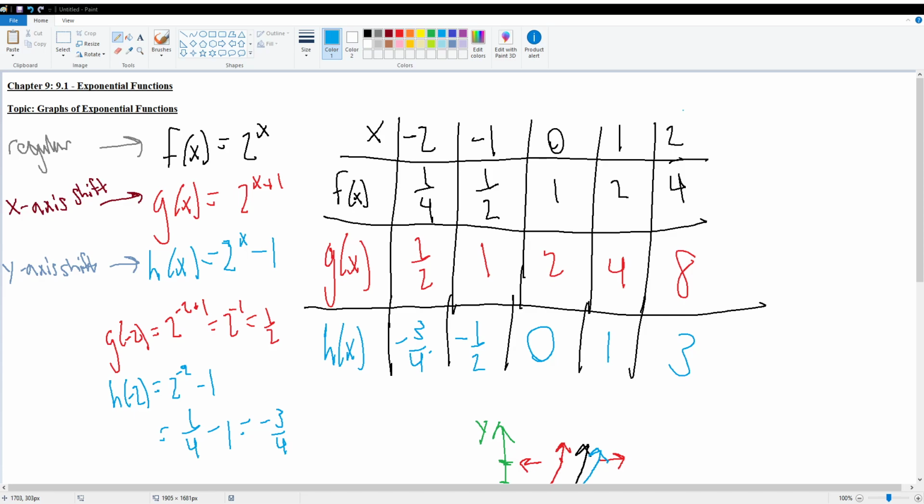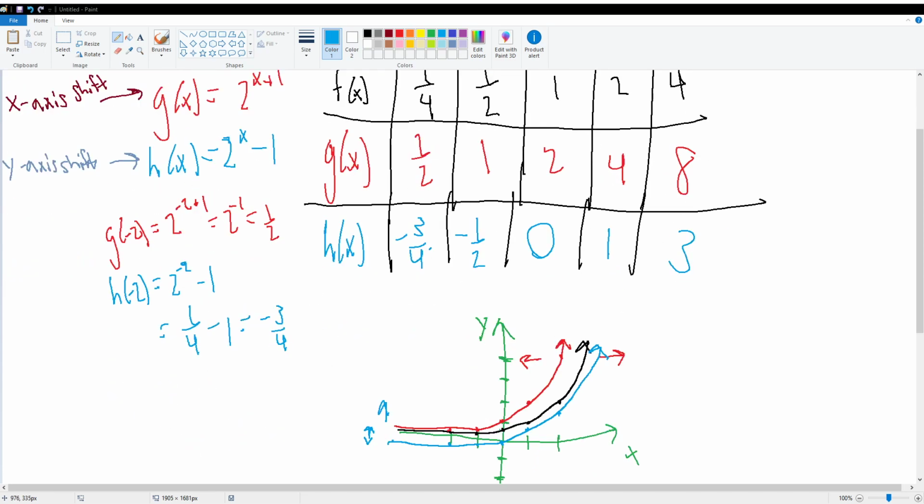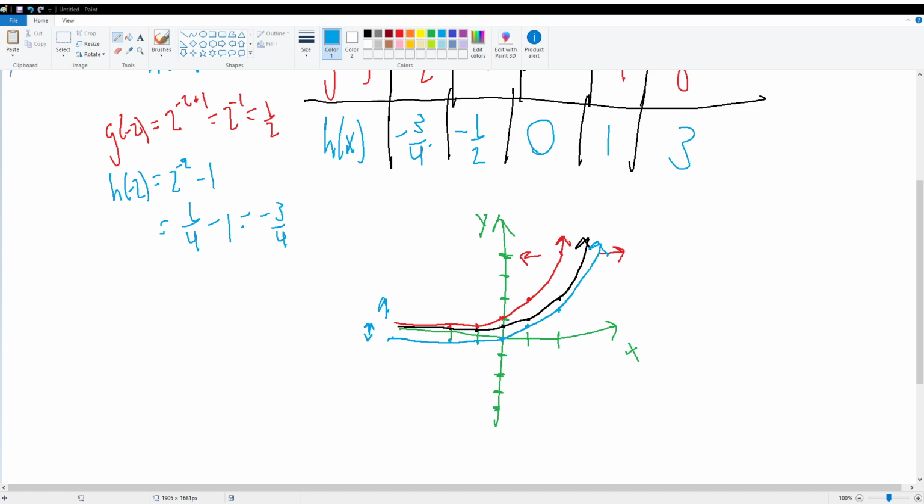In our last video I wanted to point something out before we move on. If we take a look at the graphs here after we filled out our table, both the black and red line have the same horizontal asymptote. Asymptote, there's a P there. Yep. So both the red and black line have the same horizontal asymptote, but the blue line, its horizontal